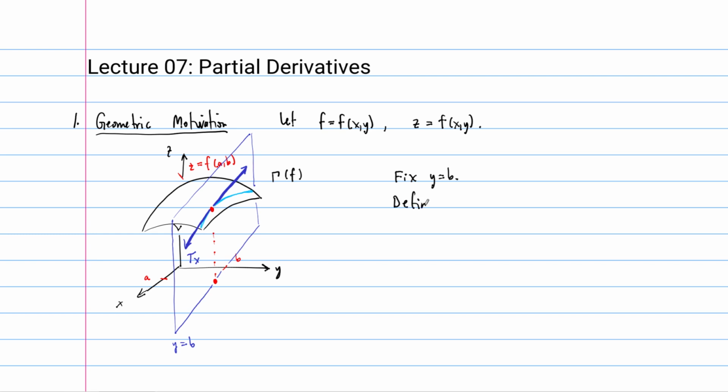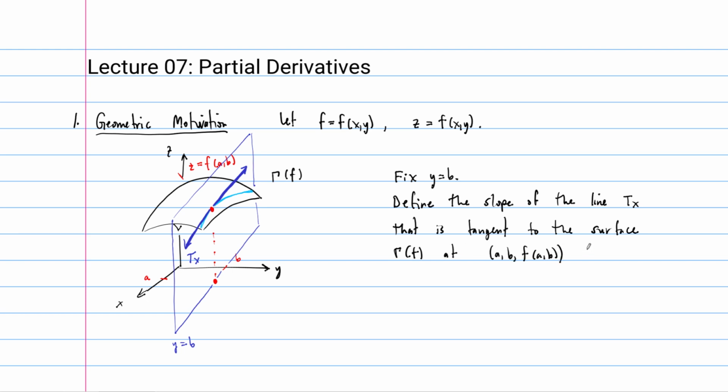Again, this is our motivational setup, but we can define the slope of the line, the tangent line t sub x. So I named it t sub x, right? That is tangent to the surface, and the surface is our graph again, right? To the surface gamma of f at the point a, b, f of ab, and this line lies in the plane